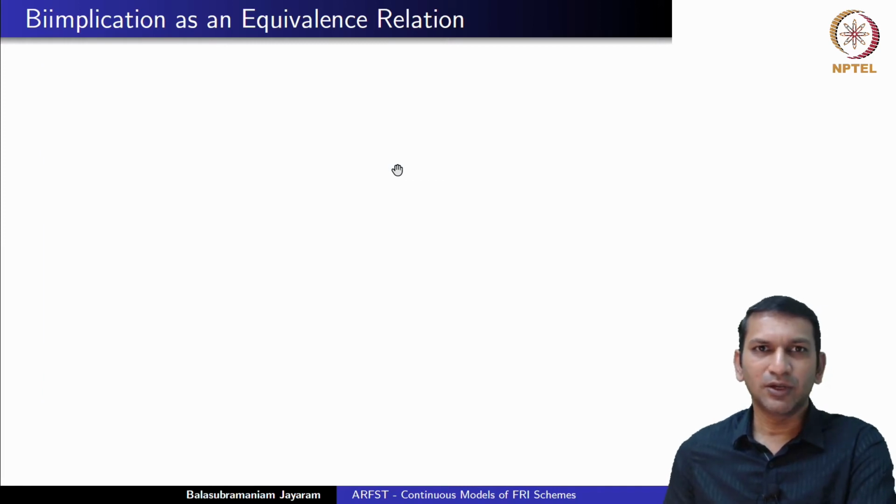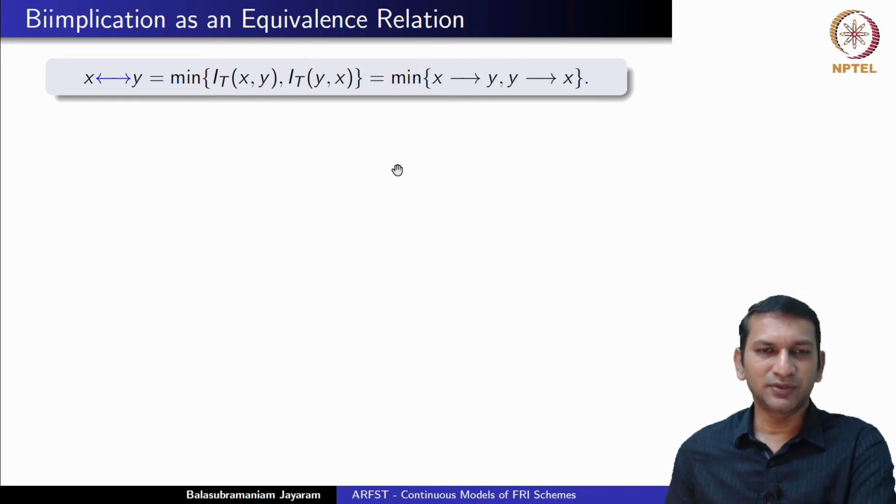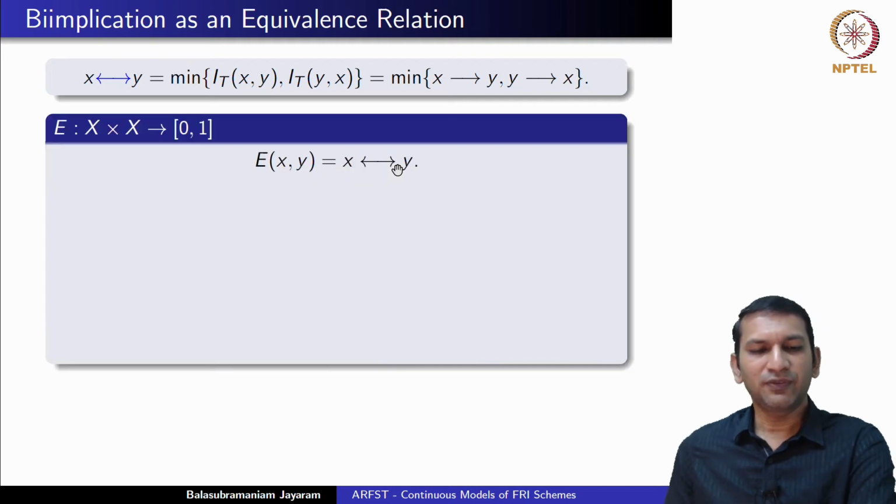Let's look at the bi-implication a little deeper before going any further. We can look at bi-implication itself as an equivalence relation. So now, bi-implication is given like this in terms of the infix notation, where the arrow stands for the residual implication coming from the residuated lattice. This is how it is defined: min of x implies y, comma y implies x. Now, if you define E of xy as x bi-implies y,